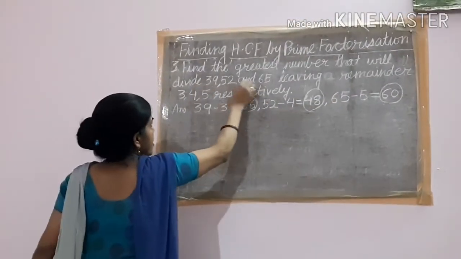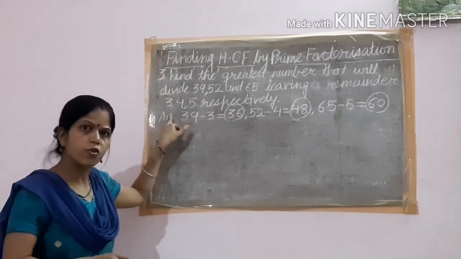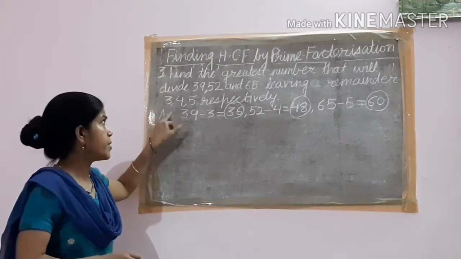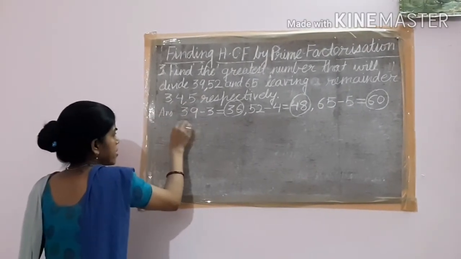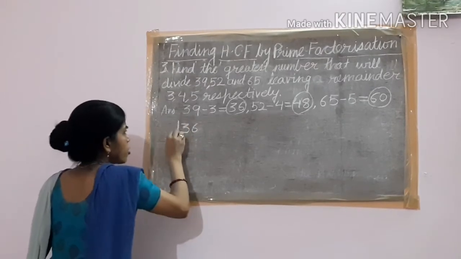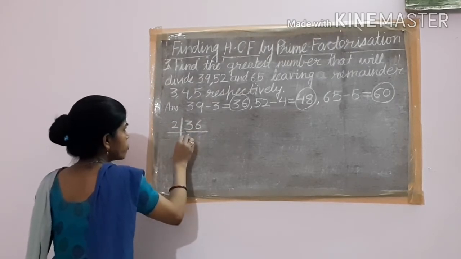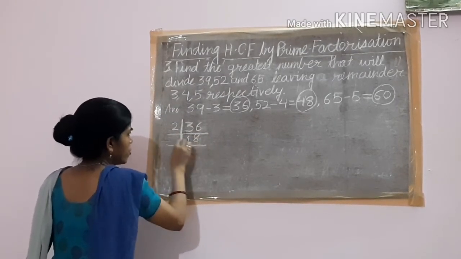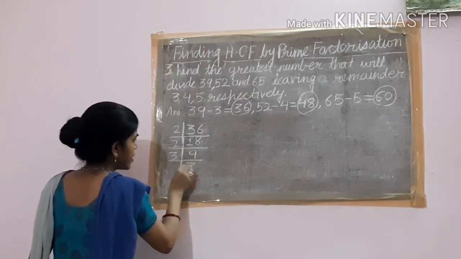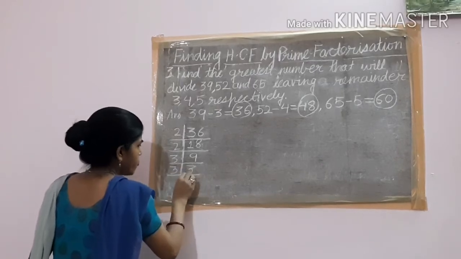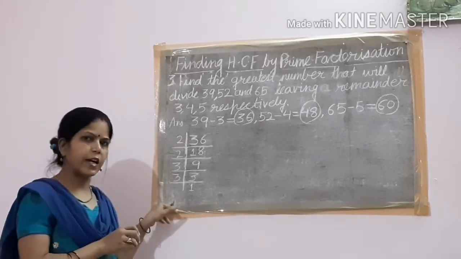If you take the original numbers, then your answer will come wrong, because the question clearly says that remainders are there for each of the numbers. So now you start dividing by the short division method. 36, 2 ones are 2, 2 nines are 18. Next is 3 threes are 9, 3 threes are 1. Children, I hope you are understanding. I am doing it a little fast here, but before I have shown you.